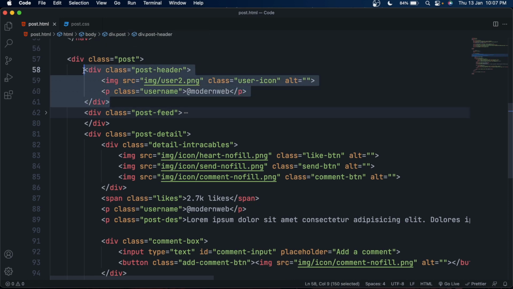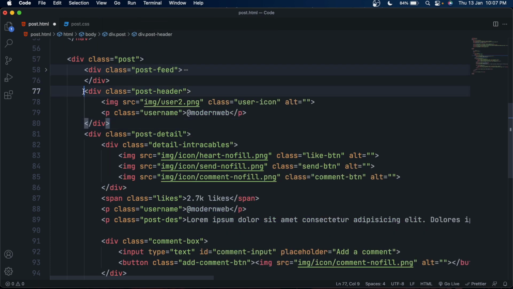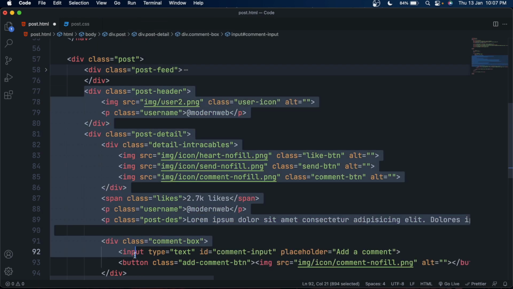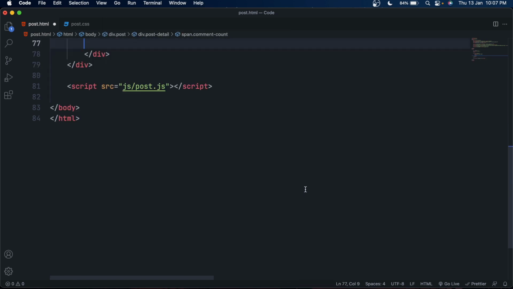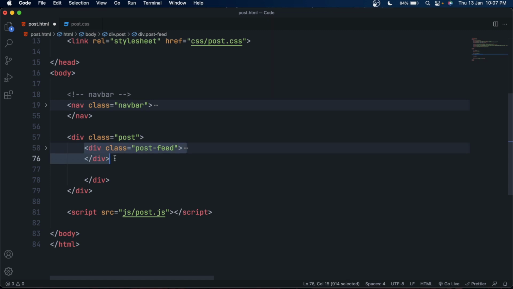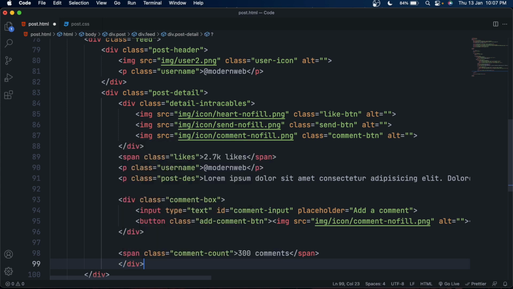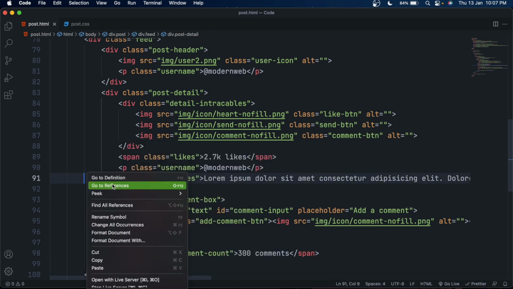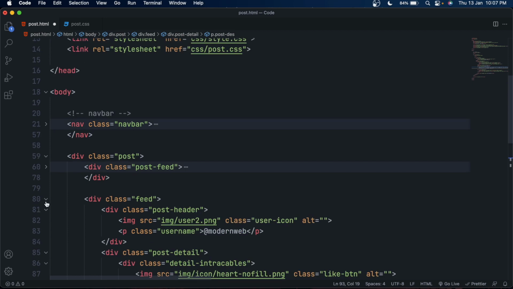Cut this element here and paste it below the post feed, and select the whole element except the post feed because we will consider everything as a post detail, and wrap that inside a div and call this div feed or whatever you like. So this will wrap the post header and the post detail in one element.